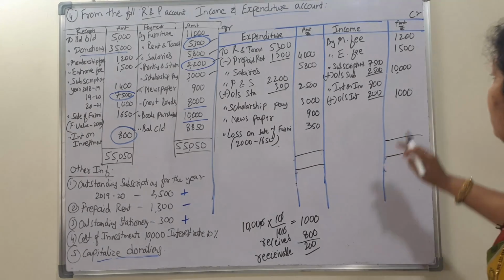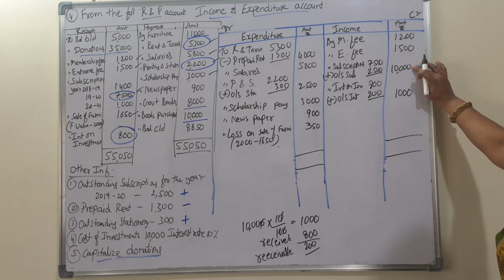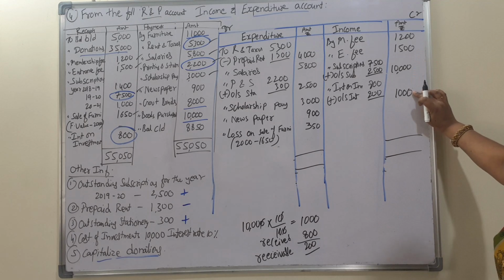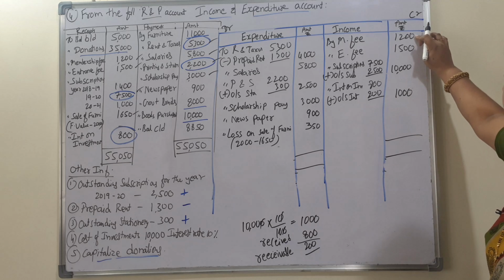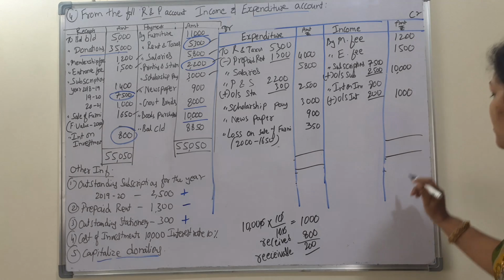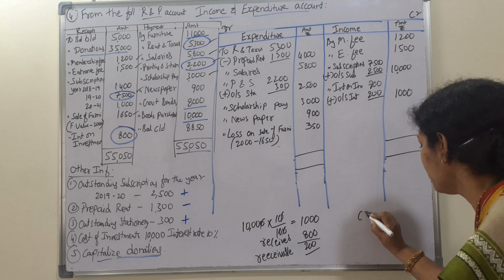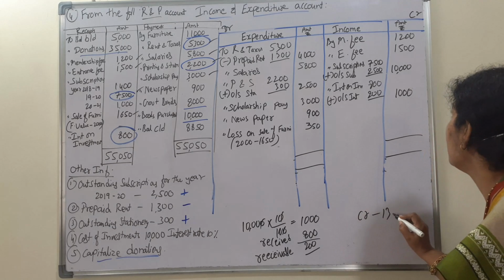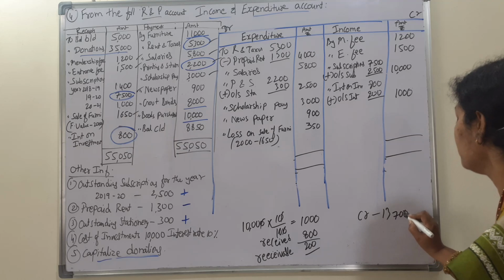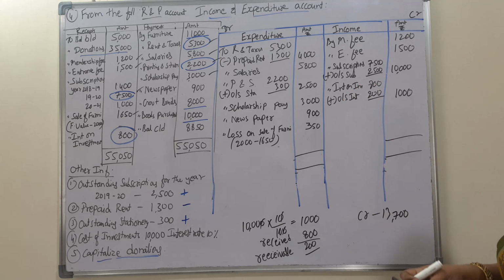First we'll calculate it on the credit side. 10,000, 11,000, 12, 13. 13,700 credit. 13,700. Now debit side, if we see